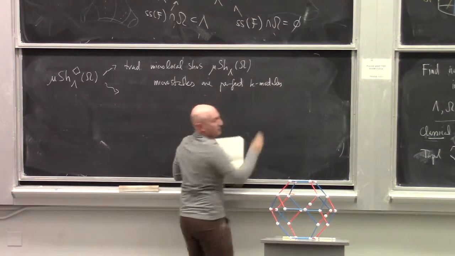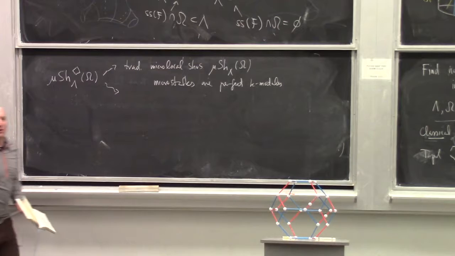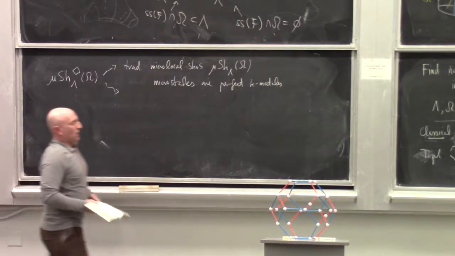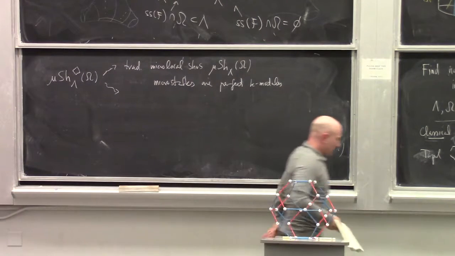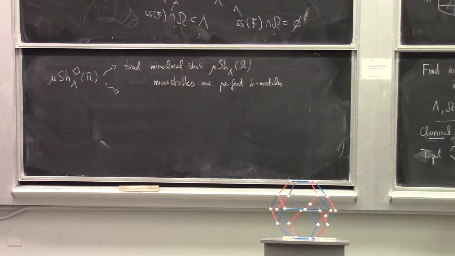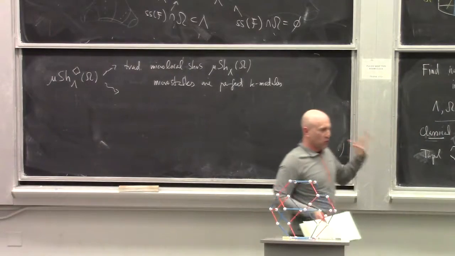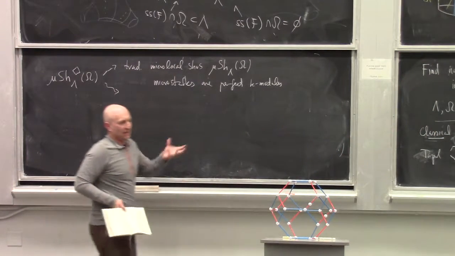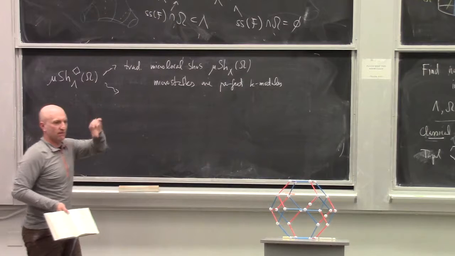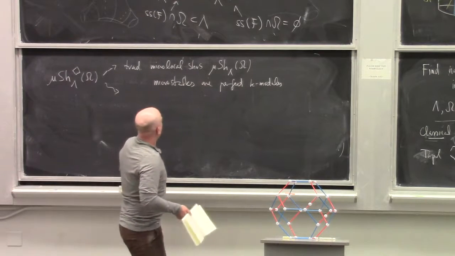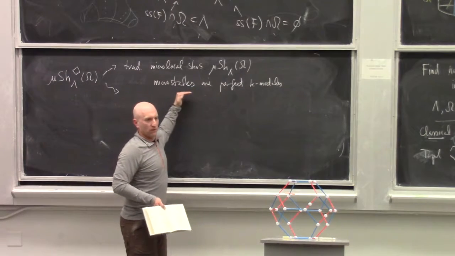So of course I'm running out of time, and that's why I'm going fast. But okay, if we go back all the way to the beginning, a certain example of microstalk is just stalk. So when people usually talk about sheaves, they ask that a sheaf's stalks are some kind of, at least maybe, perfect complexes, bounded and finite dimensional. Okay? So this is a kind of symplectic version.